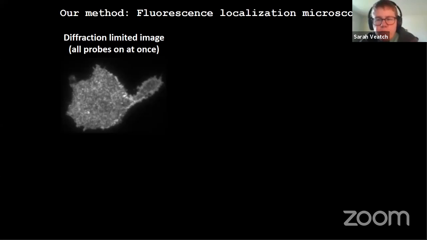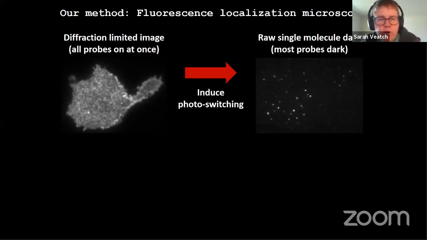Okay, so our method is super resolution imaging. Just a quick primer of what this looks like: we'll label a receptor or a protein or a peptide with a fluorescent marker on a cell. And if we look at all of these fluorophores at the same time, you get a pretty picture, but it's a little bit blurry. If you can find a way to turn most of those fluorophores off and just look at a few at a time, you get an image that's basically a lot of spots, which itself isn't very informative. But you can localize each of those spots to much higher precision than its width. So you know where the fluorescence is coming from, even though it's a diffraction limited image.